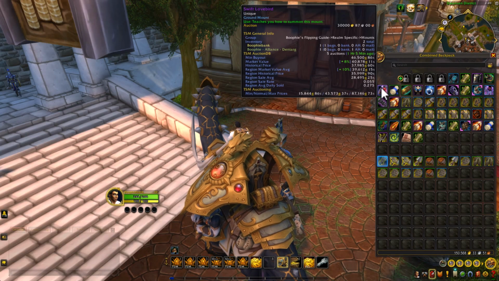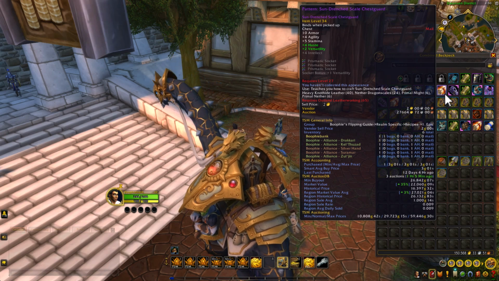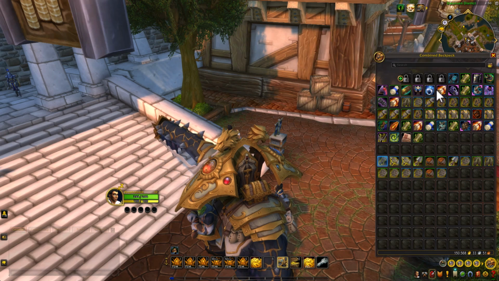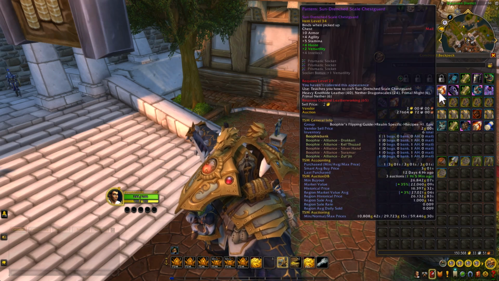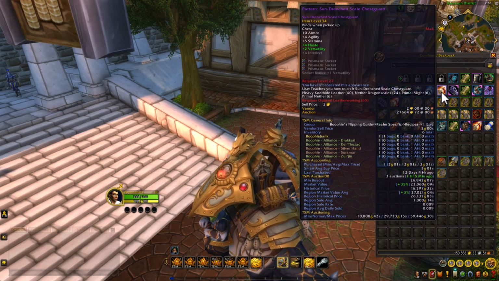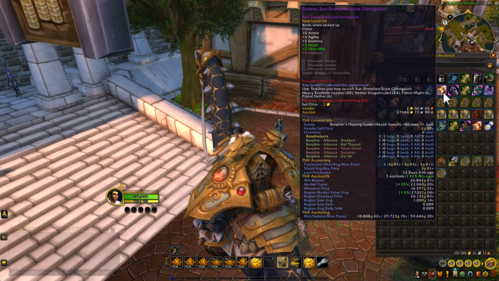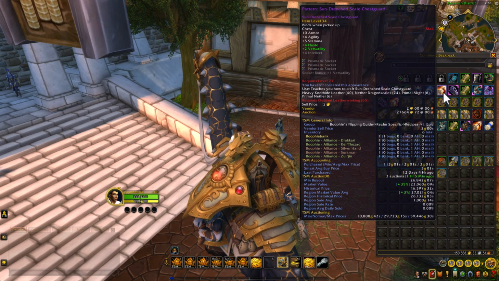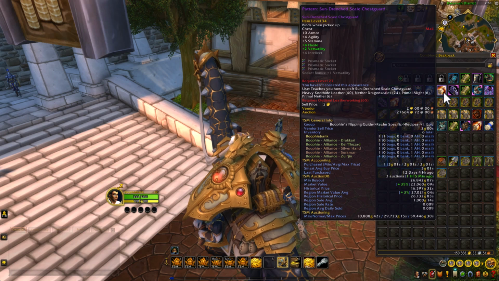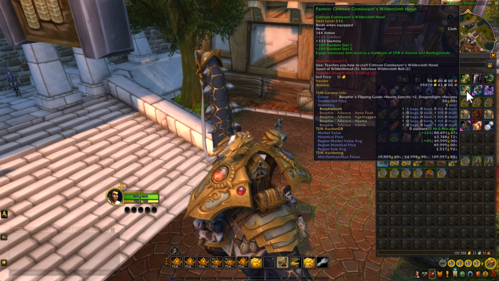So let's, for an example, have a look at some of these items. Let's find one I paid barely anything for. So this is a great example right here. You can see I picked up this recipe for 3 gold. But you can see the minimum price it's going to post this at is 10,808 gold, where before, the minimum price would have been like 5 gold for this item. So you can see where it really helps, taking into consideration the region market value average price. And so that's a great example right there.